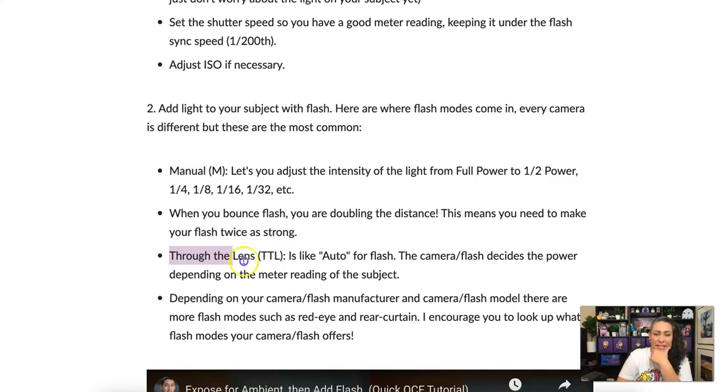Okay, now through the lens is kind of like auto for flash. The camera or flash, depending on the setup, decides the power depending on the meter reading. That gets into a whole other technical thing we won't get into, but it takes in the information and decides. Now, I like to use TTL for things like events where the light is changing rapidly,